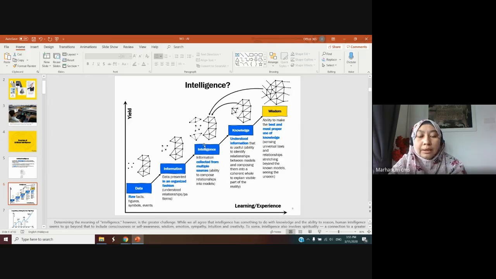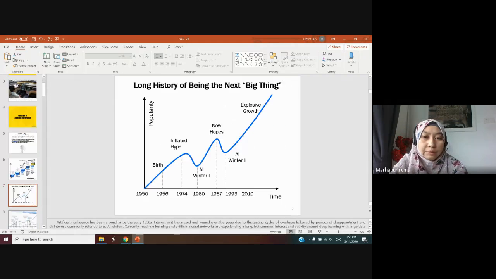But now, because of the technology, the programmer is able to create a special algorithm that can basically teach the machines to be intelligent like a human to do certain tasks. That is why when AI was first introduced in 1950, in 1950,